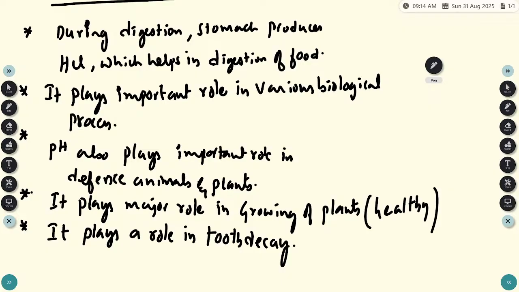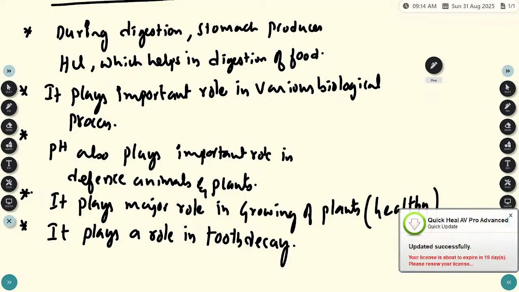Animals and plants, to protect themselves, release some acids. For example, ant, that is formic acid or methanoic acid. Okay, to protect themselves, they inject acids into our body. Okay, so like that